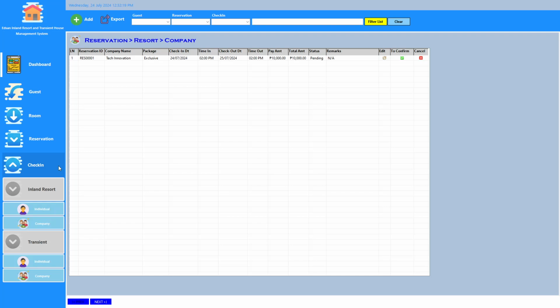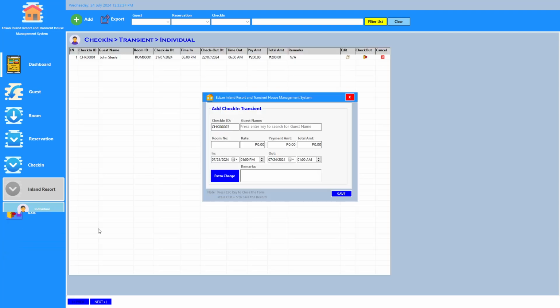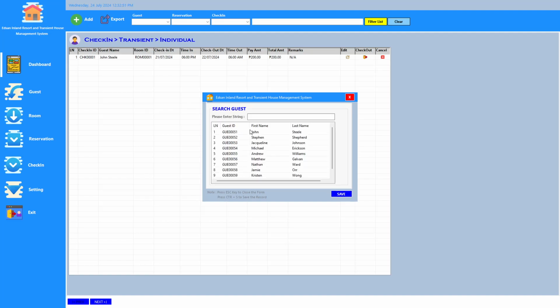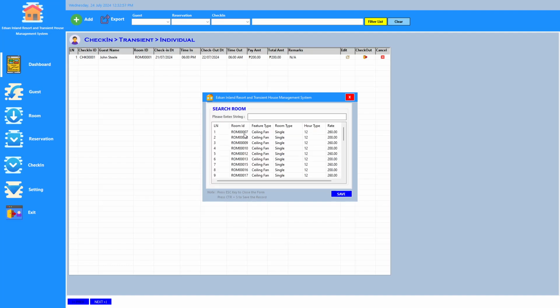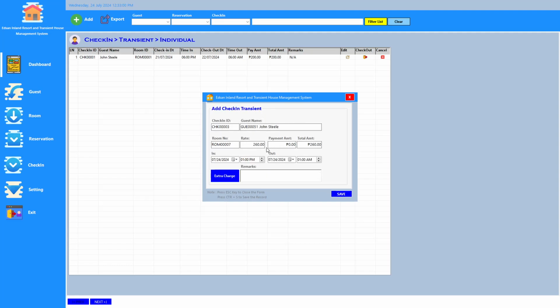Now there is also an option of check-in. So check-in, let's say for example, if we check in transient individual, here it shows you the guest name. Instead of company name, it will show you the guest name. This is for the individual check-in. So in the same way, click enter, John Steele, room number 7. The rate is 260.